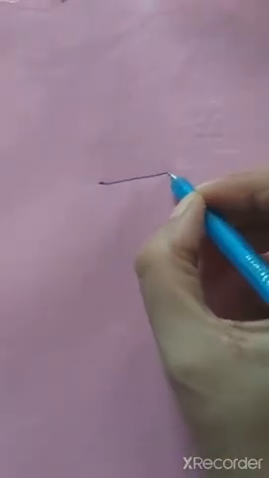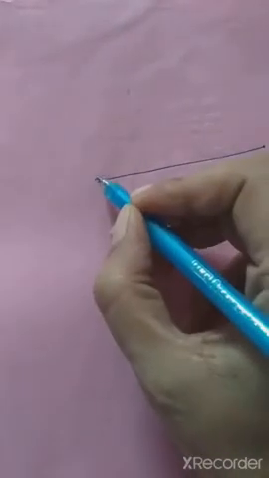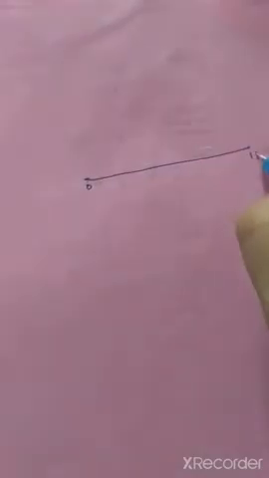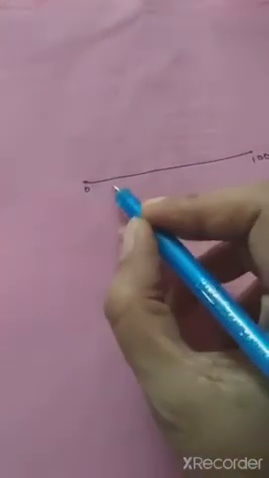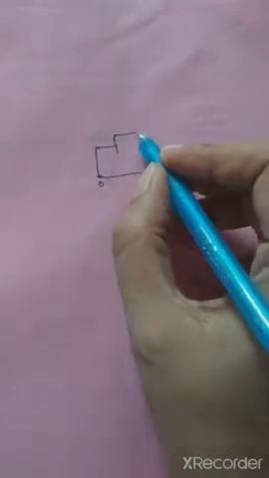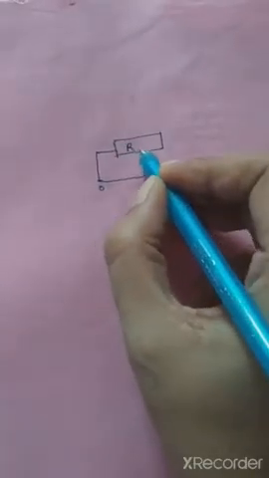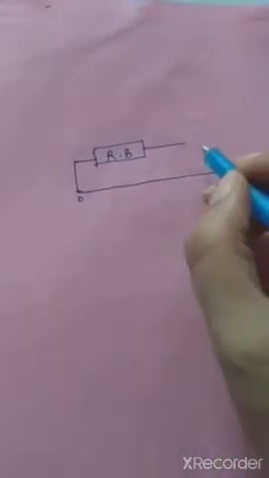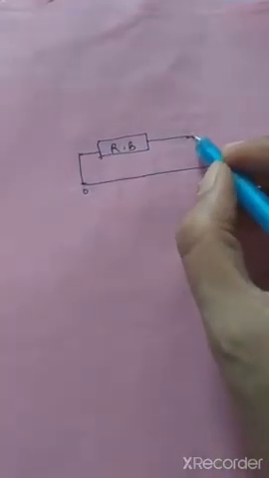So what will be the circuit that you will get? Here we have a 100 centimeter wire. You will have 0 to 100 centimeter which is fixed on a wooden board. You have seen the scale below it, and then the circuit diagram will be the same. So here we will have the resistance box, and on the other side of it we will have the unknown resistance. Now the resistance which is given to you to find out will be a wire which is coiled on a wooden stick.